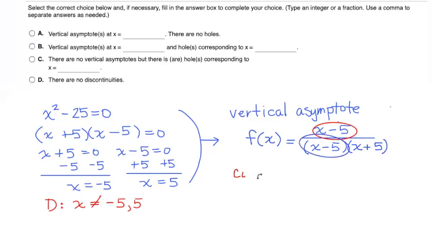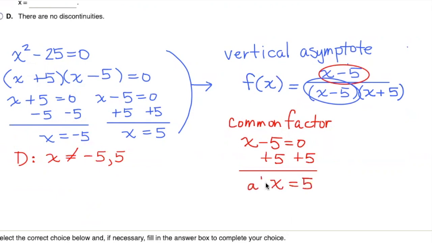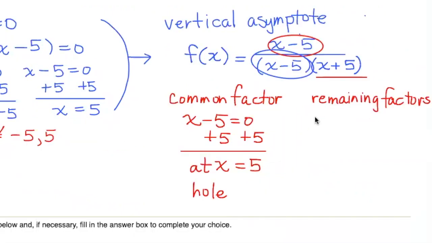Anytime you have a common factor, the root that you get when you set that factor equal to 0 and solve is always where a hole is located, a point of discontinuity. At x equals 5, I will have a hole in the graph. Take any remaining factors in the denominator, set them equal to 0 and solve, and that gives you the equation